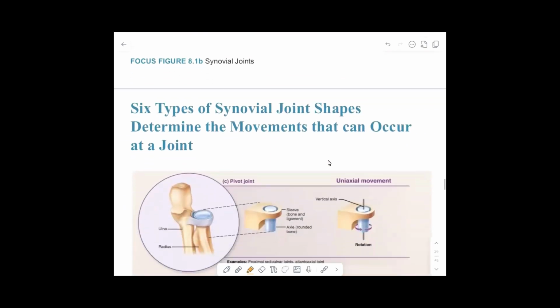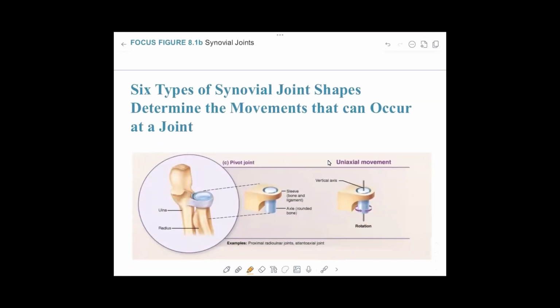The next one is the pivot joint, also uniaxial. And there's an example of it just a little distal to the elbow joint where the hinge joint is. This is just because the radial tuberosity is going to articulate with the ulna so that we can either medially rotate or laterally rotate. So there's an axle, which is the rounded body like the radial tuberosity, that articulates in